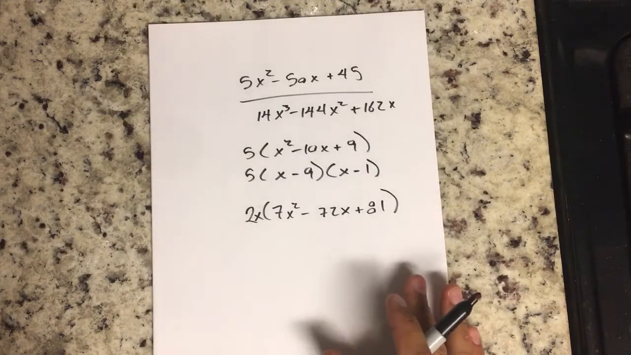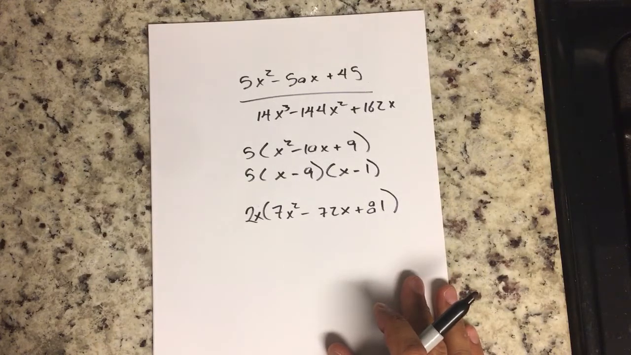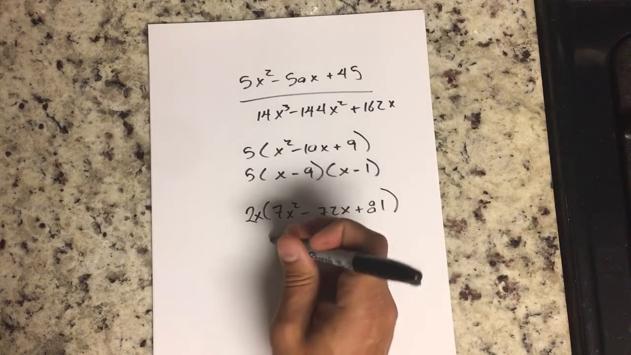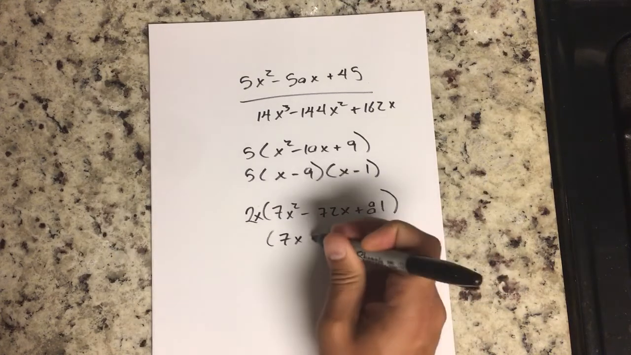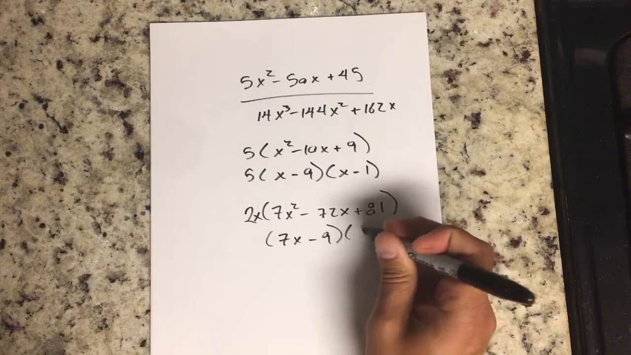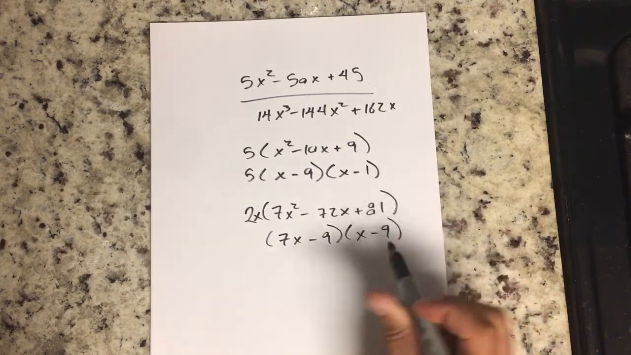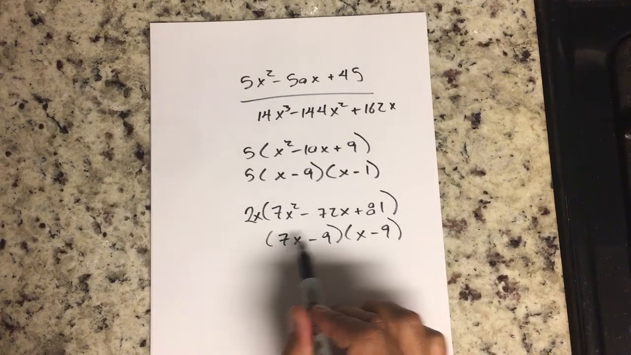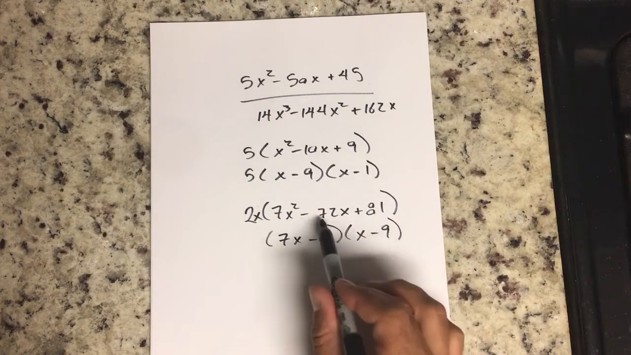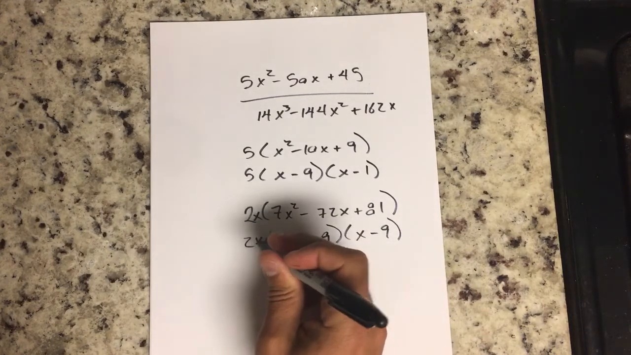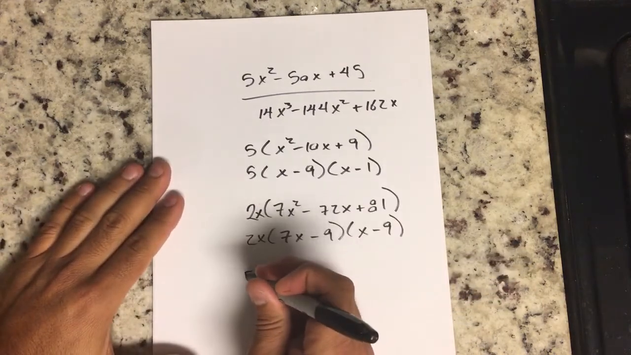Does that make my life easier? Not really. Yes, really. That's going to give me -63, -9 is -72. Okay, so my factors are